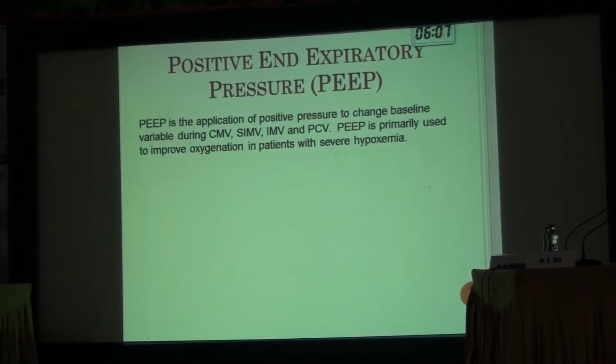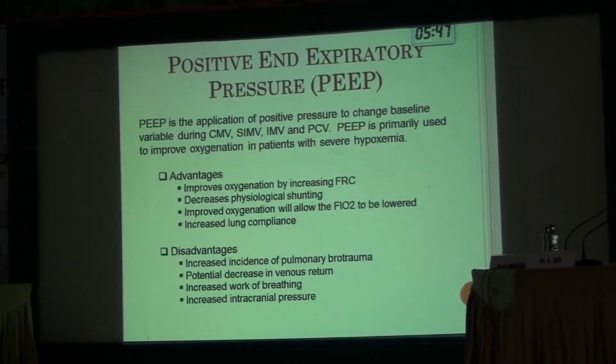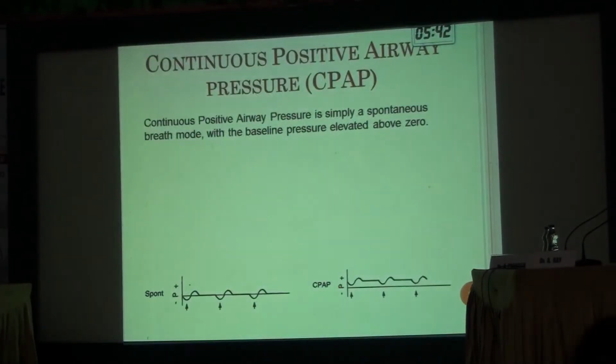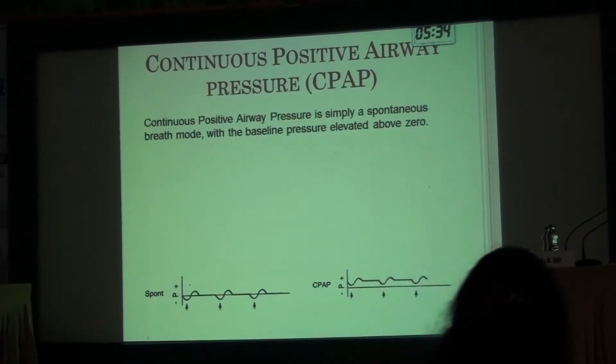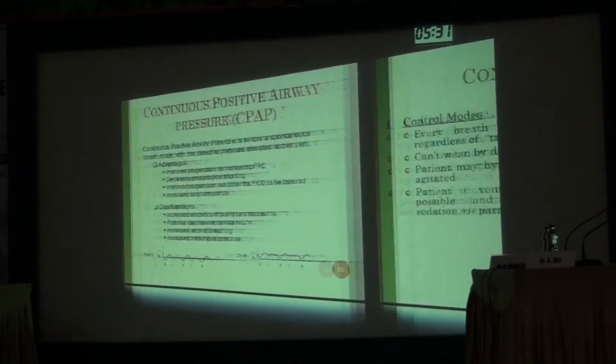PEEP is something which we should use, and that is because nowadays PEEP is given for improved oxygenation. If we want to improve oxygenation, somehow the SpO2 value is not improving, or in ABG you are seeing that the PaO2 value is not improving, then we try to apply PEEP. And that is why PEEP is an essential tool for most of the critical care specialists nowadays. When the patient is breathing spontaneously, at that time the same thing of PEEP can be applied through CPAP, or continuous positive airway pressure.